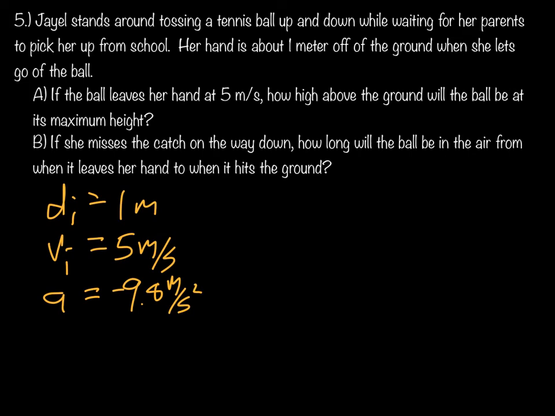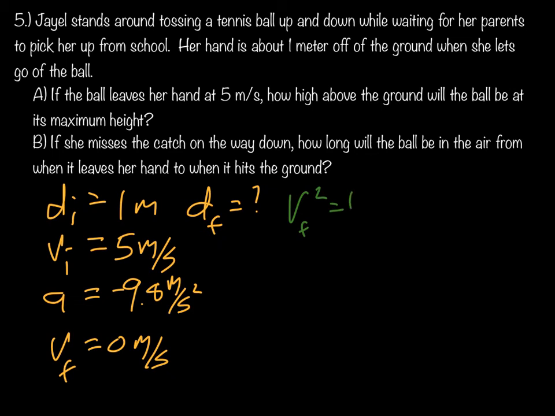And we know that the velocity at the top is 0 meters per second because it has to stop before it can come back down. So if I want to know the final position or how high it goes, we don't know time, so we're going to use the equation VF